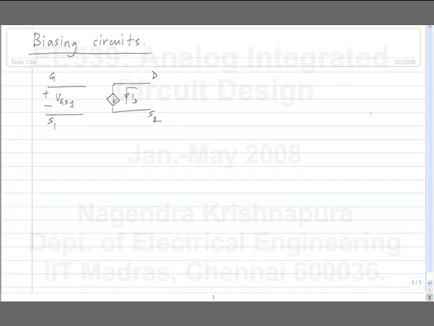The last alternative that was left was to sense the current at the source and feed it back to the gate. So what we do is, this is our desired current I0, and I0 minus ID tends to flow in this branch through the